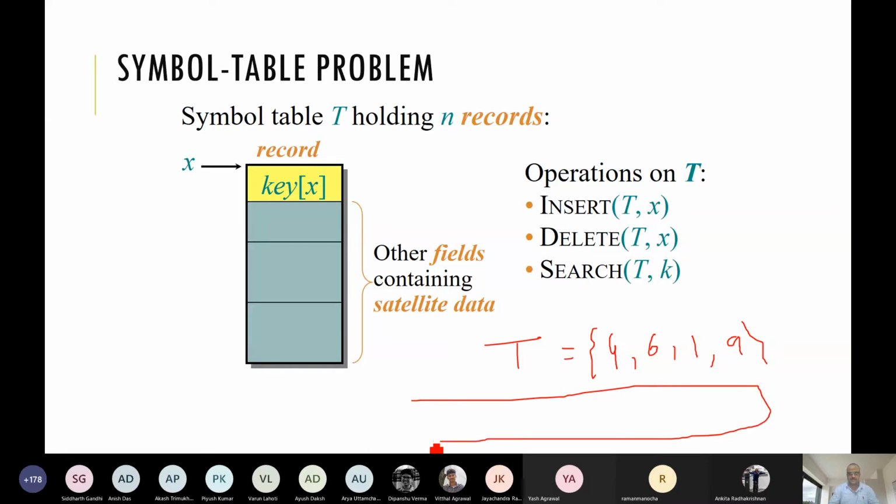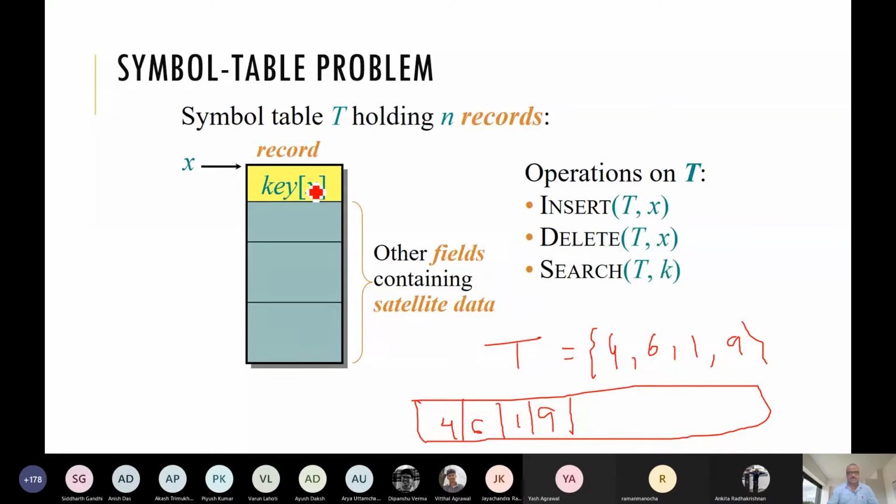Our T is a simple array of these numbers. We are storing these numbers in this array: 4, 6, 1, 9, or you can think of this as a linked list in order to avoid static allocation. Now this search will take linear time, because we are not doing anything on this input, we are not sorting them. So linear time to search.